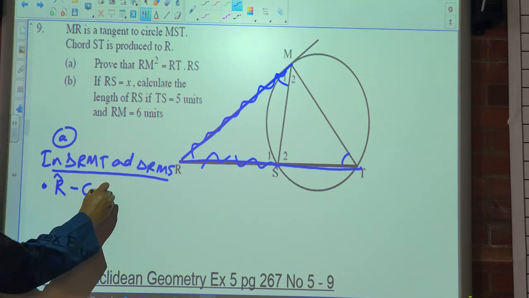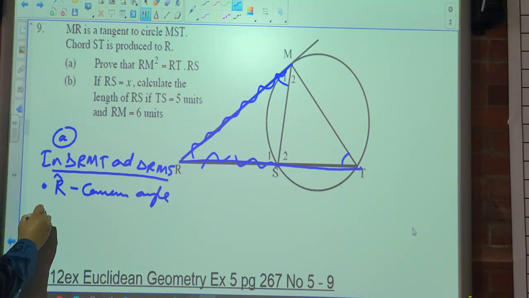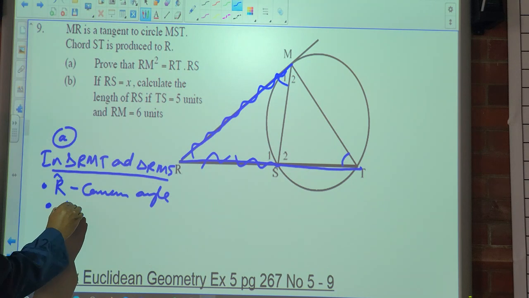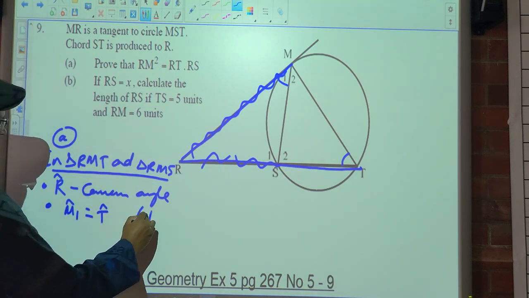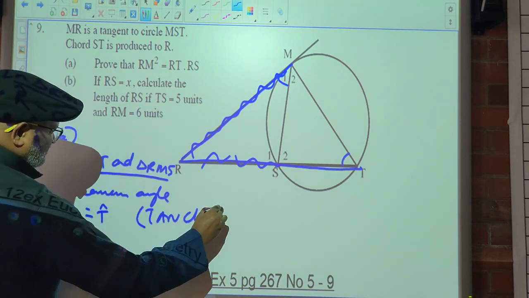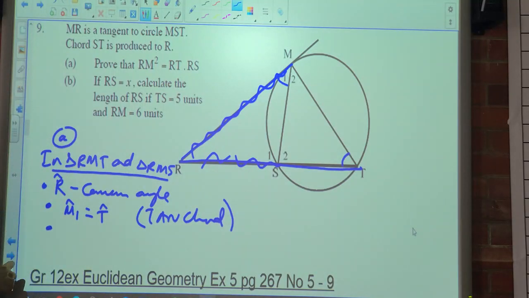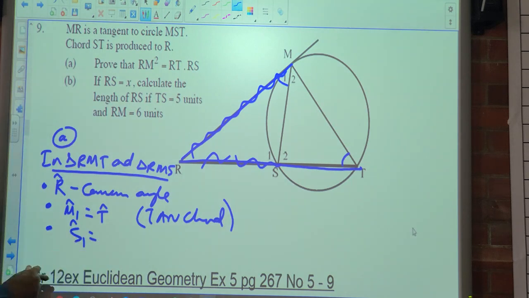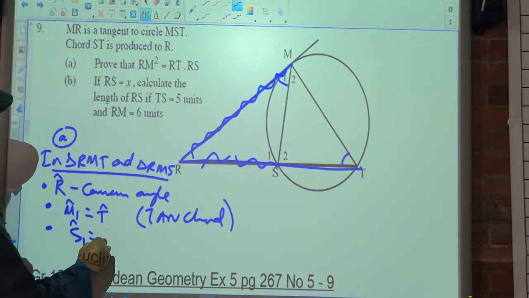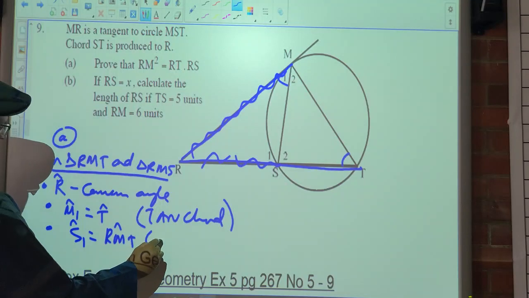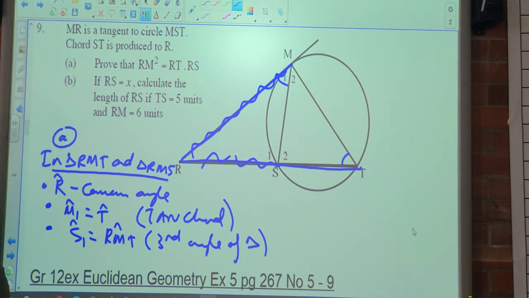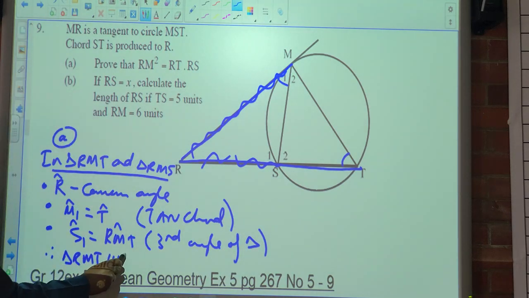Angle R is a common angle. Then M1 is equal to angle T. Why? Tan chord here. And then S1 has to be equal to RMT. Why? The third angle of triangle. So therefore triangle RMT is similar to triangle